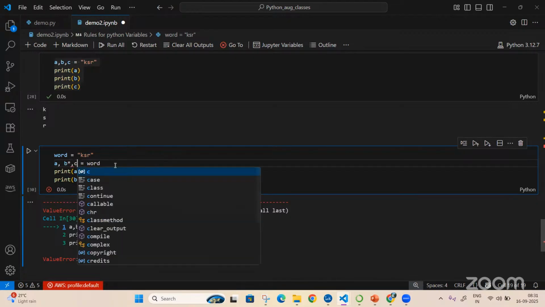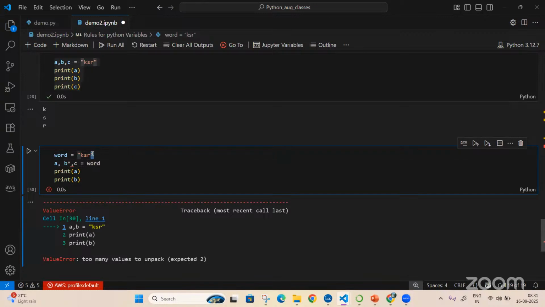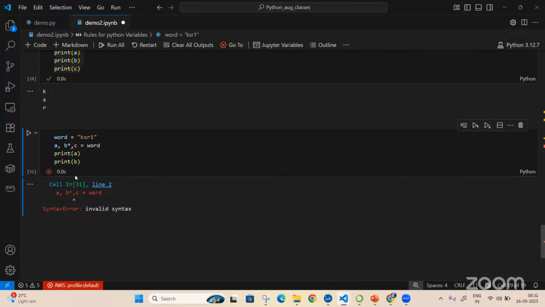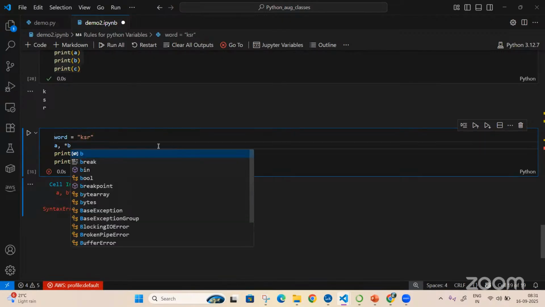One more word we need. Okay, let me execute this. This is wrong, saying unpacking of. Oh, sorry, my bad. It's not star. Now I'm putting it like this, and I'm running it here.